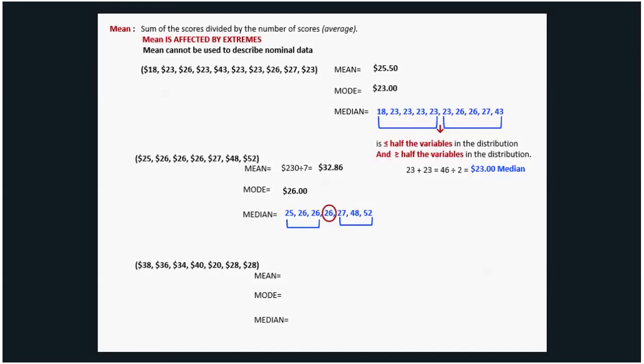The mode, the salary that occurs most frequently, is 26, but the mean is $32.86. Which one do you think you're going to present to your employer? Are you going to say, well, the mode, most frequently paid salary is $26? No, you're going to say, okay, the mean in this area is $32.86. What's he going to present? He's probably going to say, well, the mode or the median is going to be $26, because that's going to